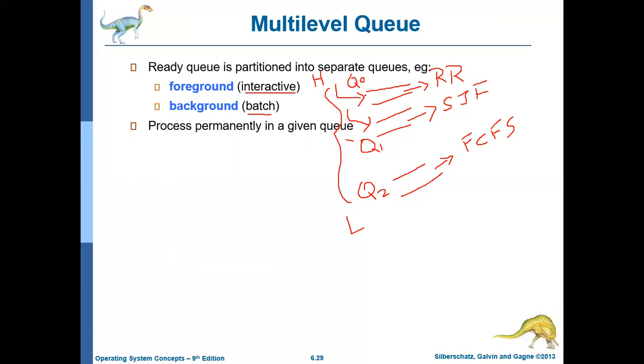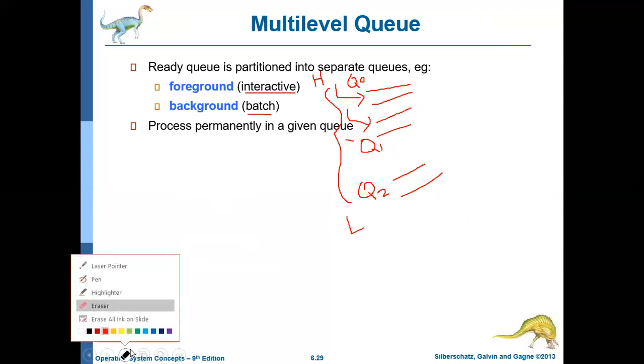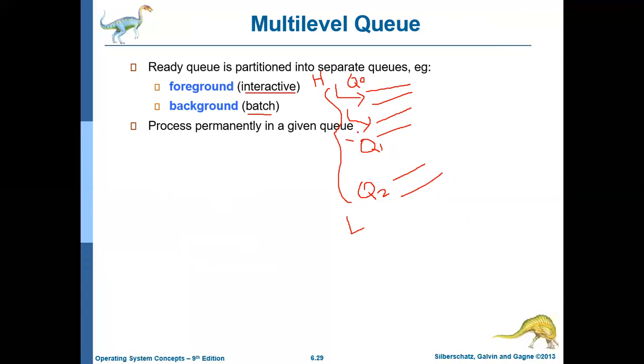Okay, so in this case, how will the operating system assign the processes from each of the queues to the CPU? There are different ways of doing that. Basically there are two ways of doing this, and we'll discuss both the methods. Basically what we are discussing is that all the queues need not follow the same scheduling algorithms. Different queues may follow different scheduling algorithms, and there will be priority among the queues also.